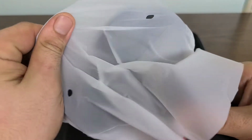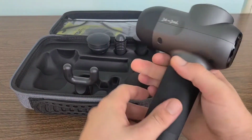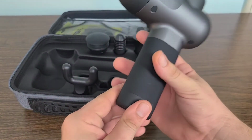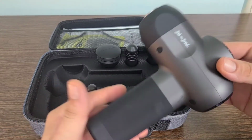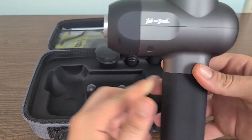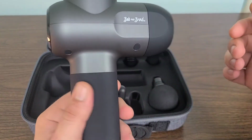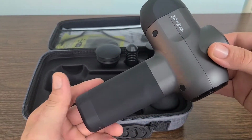By far the smallest massage gun that I've got so far. Most of them are extremely bulky and extremely heavy. Sleek too. I love the gray finish and then the silicone black. With its lightweight portable design, this is only 1.5 pounds, easy to carry anywhere and easy to pack into a gym bag in the home gym office. Bring your own case to increase portability of the massager. It's easy to hold with the ergonomic silicone handle design, and you can carry it with you and use it